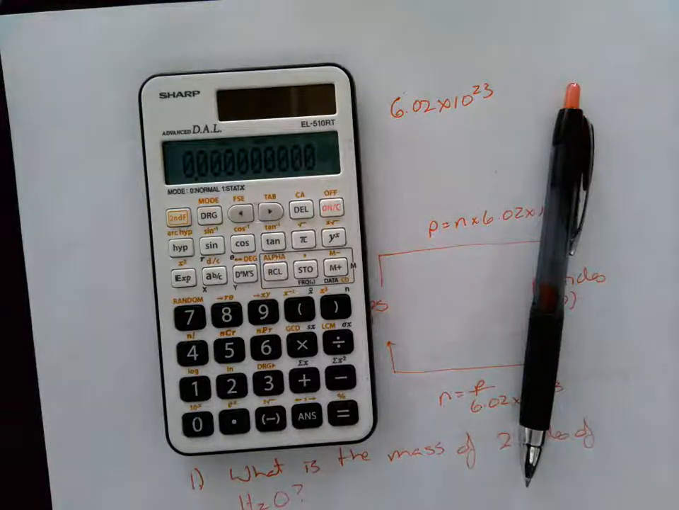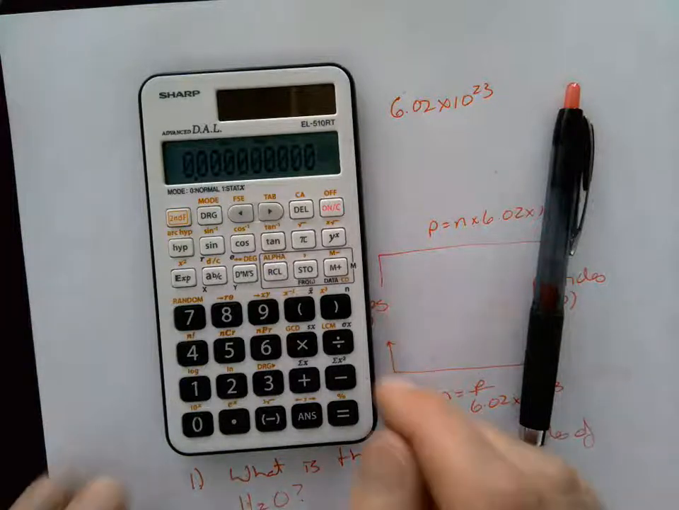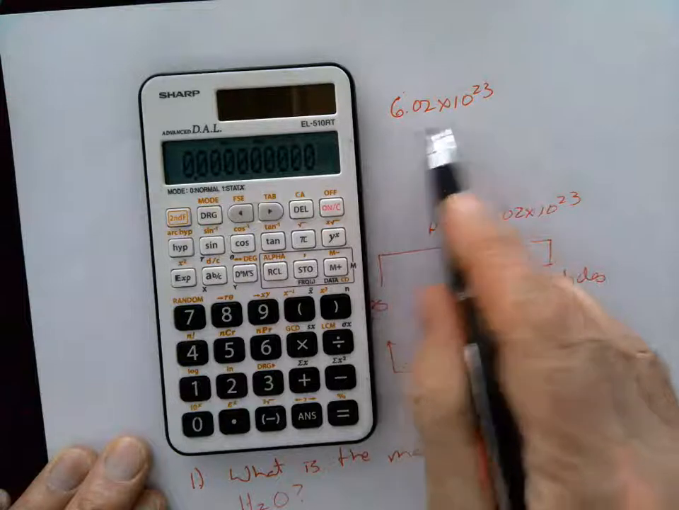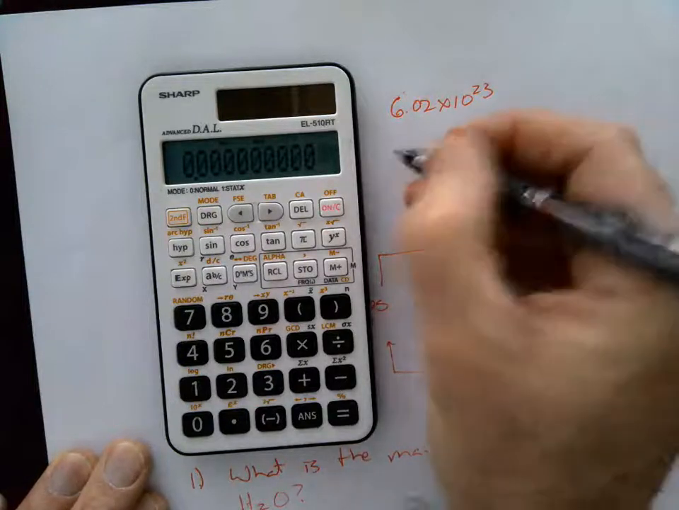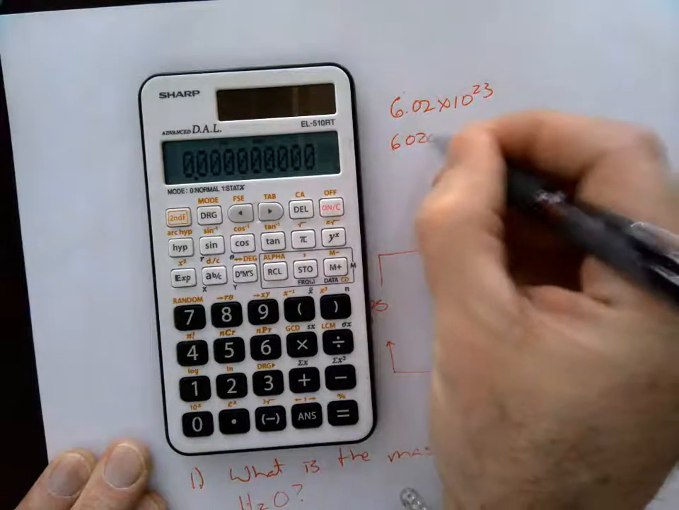Okay, we're going to start doing calculations with moles, and the first thing you're going to have to be able to do is use scientific notation in your calculator. So I'm going to show you a couple of different calculators here, and you've got to follow these rules very carefully. So if I want to put in the number for a mole, which is 6.02 times 10 to the 23,